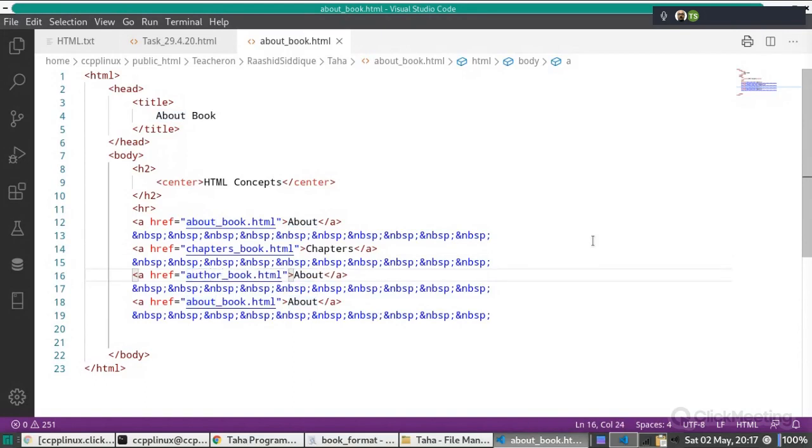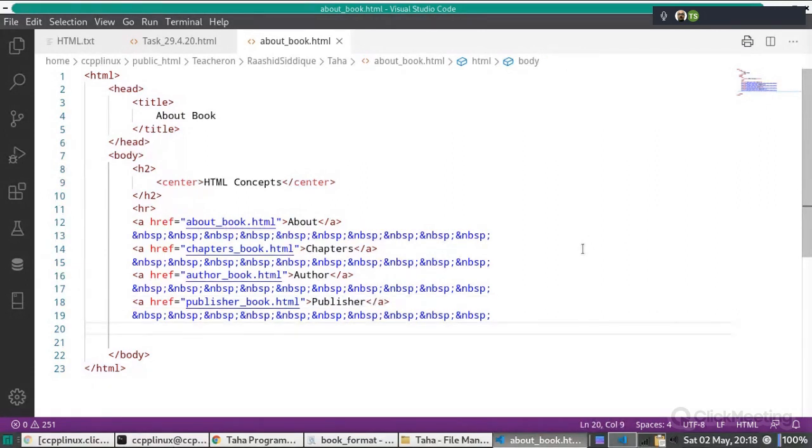So here it should be author. Then publisher_book. Okay, and it should be publisher. Now this menu is finished.